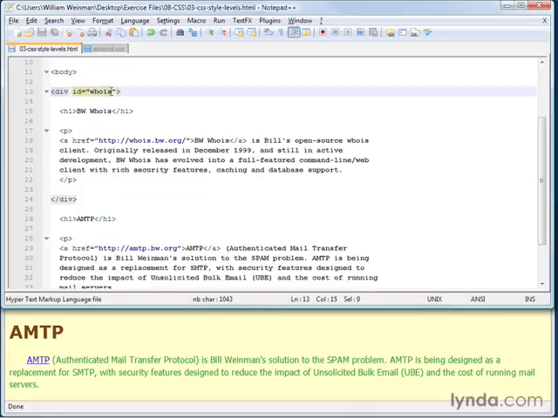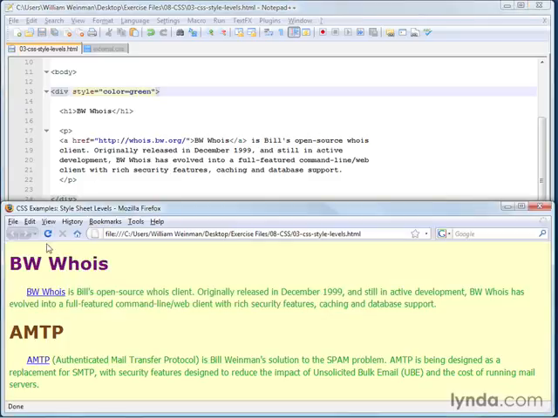And I'm going to do this here. I'm going to say in this div, instead of saying ID equals who is, I'm going to go ahead and put in a style using the style attribute. And I'm going to say color equals green. And we're going to try and set the color here. And it's not going to work because I've made a mistake. I've made a very, very common mistake. So I'm going to go ahead and I'm going to save that. And we'll load it up over here. And we'll see that the color is not green. Can you see the mistake?